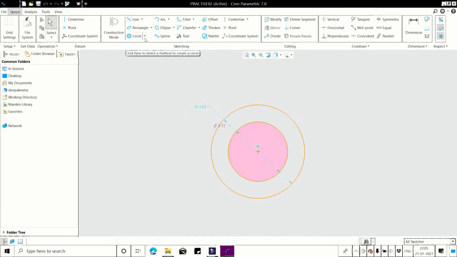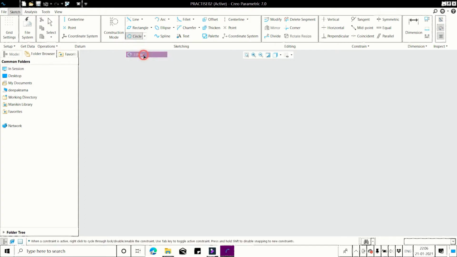Next option is the 3-point circle. Click on the 3-point circle tool option. For the 3-point circle option, we have to choose 3 points, means click 1 point, click 2nd point and choose a 3rd point.